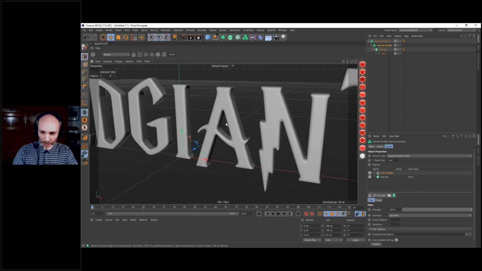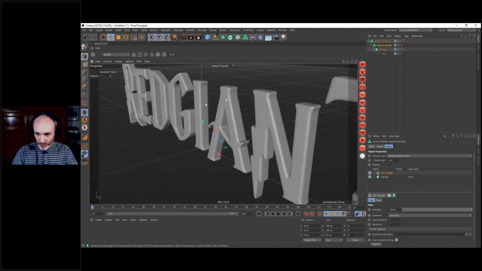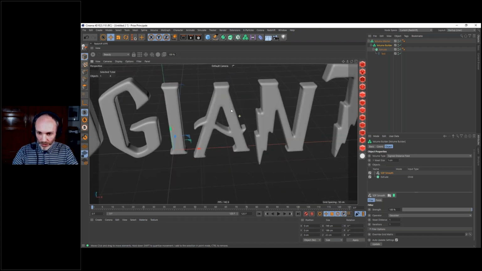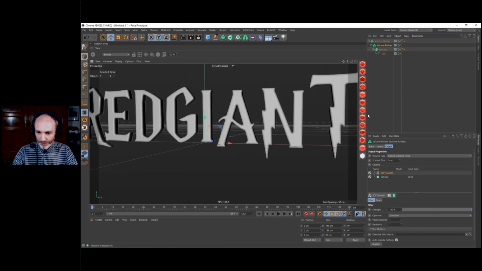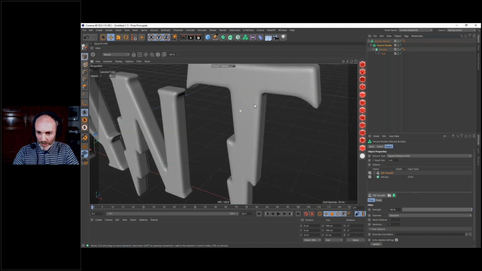So let's go back here, and we can see we have our type, which is smoothed on the corner, but still has some sharp edges. Okay, so now let's go create our effect here on the center.